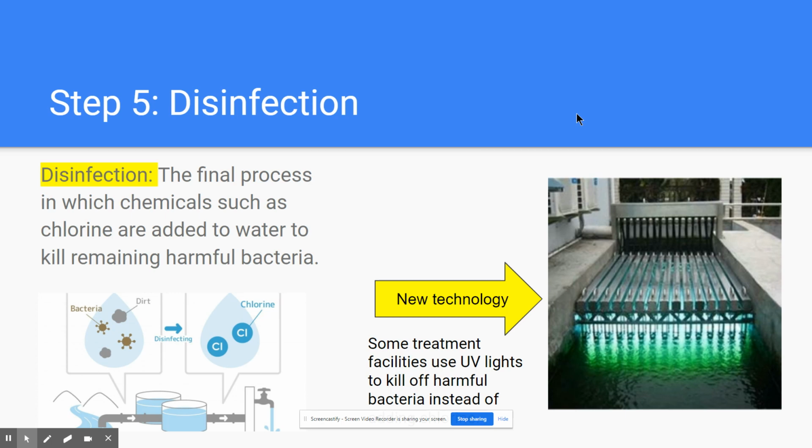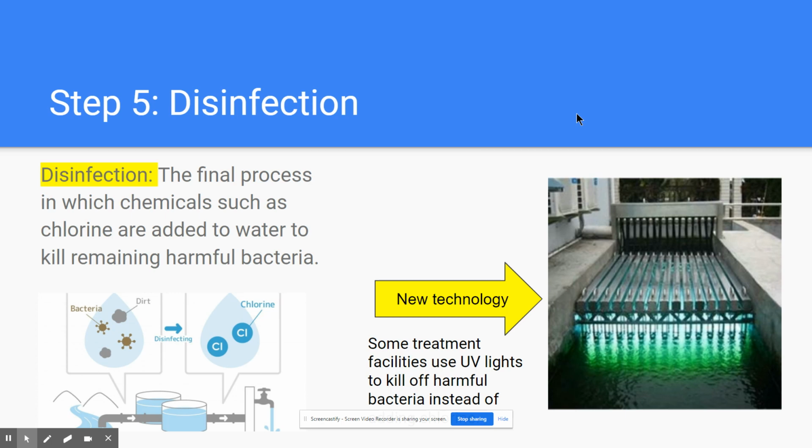However, I did want to show you on the right-hand side, there is some new technology now. There have been studies done that show that adding chlorine to drinking water can actually cause cancer, and there are some negative health effects to adding chlorine to our drinking water. We will be doing our water quality testing next week in this class. You'll be given some water from school and you will be testing its quality. And you will find out if our water here at school has chlorine in it and how much chlorine it has in it. But there is some new technology I wanted to show you to the right here,